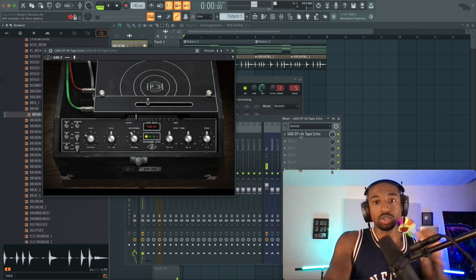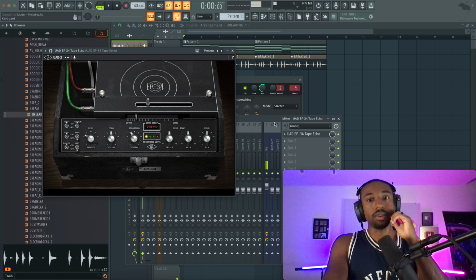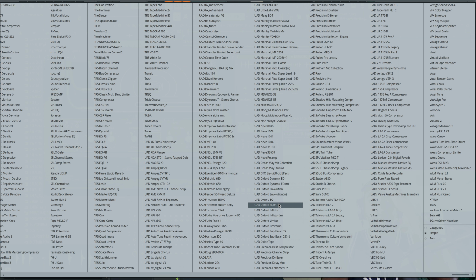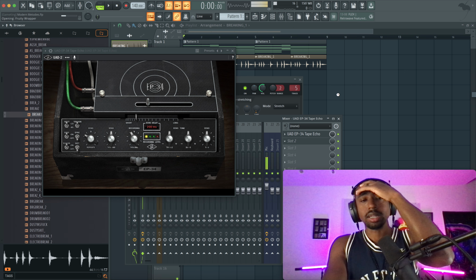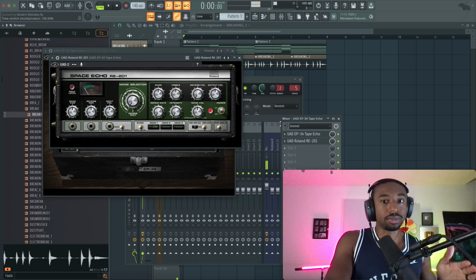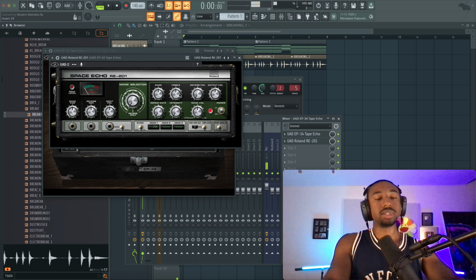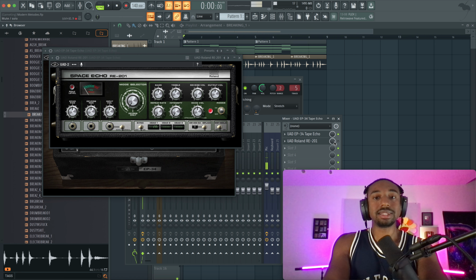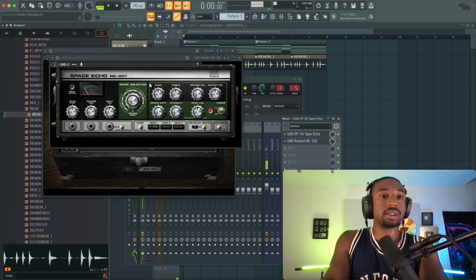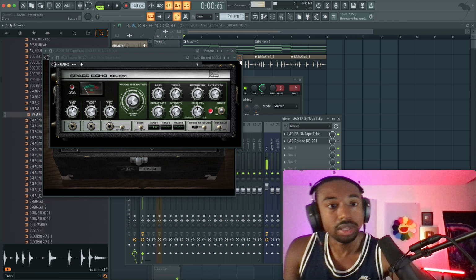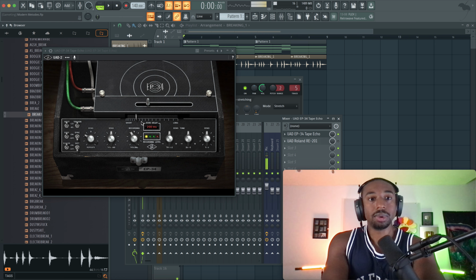Now there's a plugin called UAD EP34 Tape Echo. What I was mistakenly picking was the Roland plugin. I would always pull up the Roland, what is it, RE201. So this is different than the 34 Tape Echo. It does have delay, but this has reverb built in as well. It's a cool sound, but it's not the sound I was going for. I've been around the real thing in Canada, this actual machine, and it's pretty cool. It has a light on it and everything on the panel, but I wanted to use this.